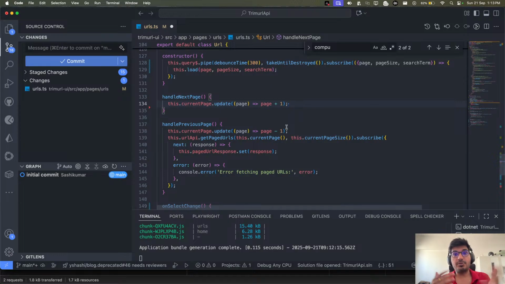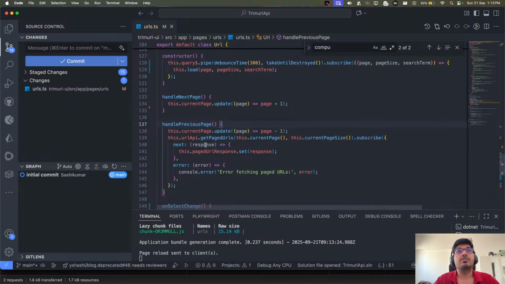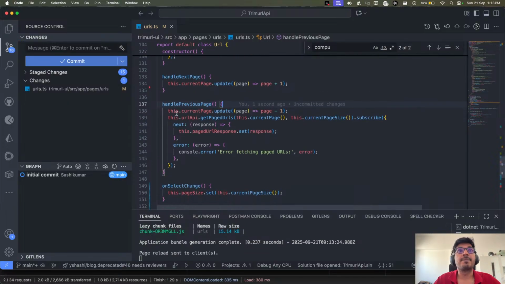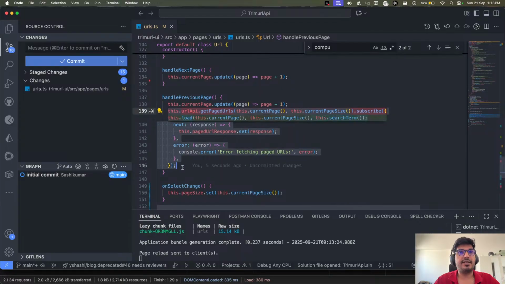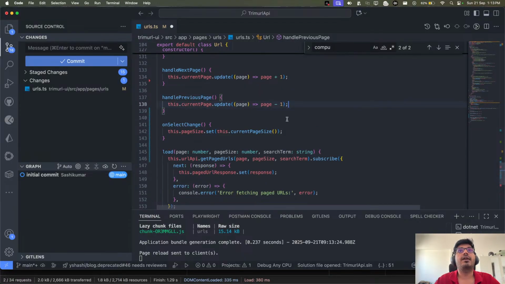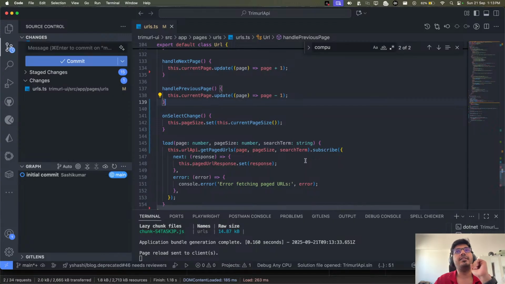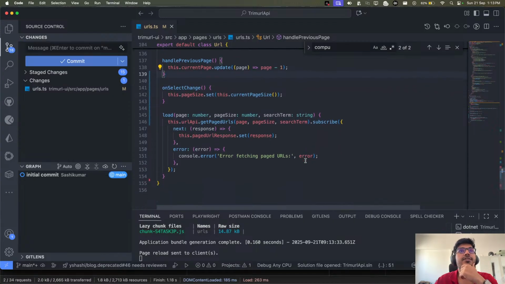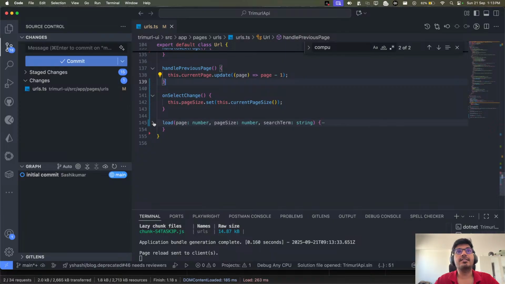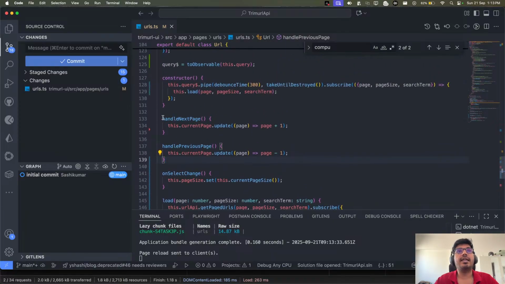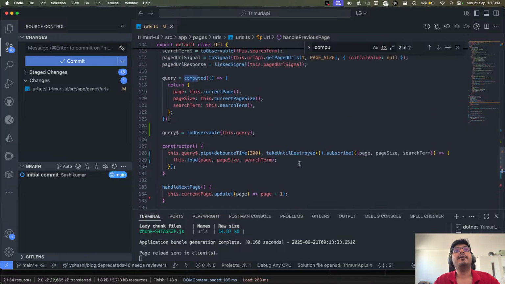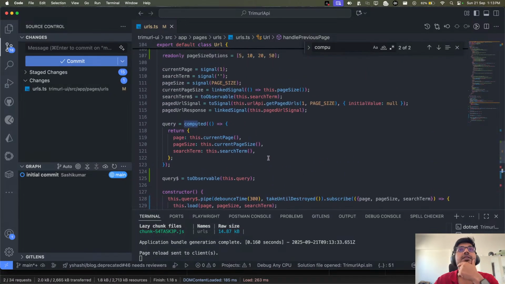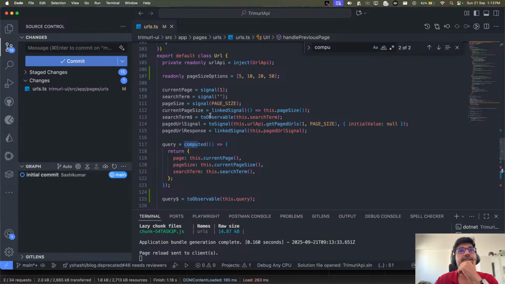Can you see now how we are able to refactor? Yesterday we just made the code work, and today we are trying to refactor our code so that things get aligned. Same thing for the previous page. Now we can get rid of this code. Let's remove this code, and that's pretty much it, I think. So now we have one load, and this load handles all the states, all the actions for handle next, handle previous, and on selected page, right? And now we can actually get rid of a lot of things from here as well.